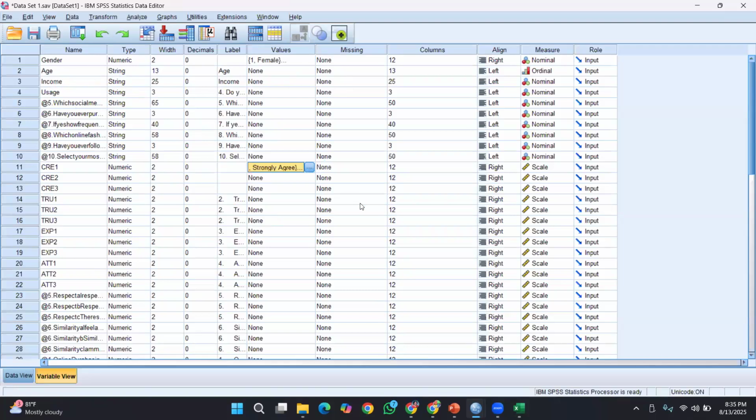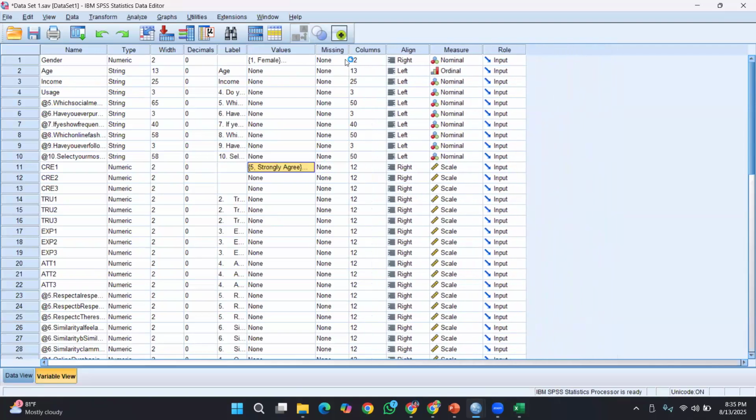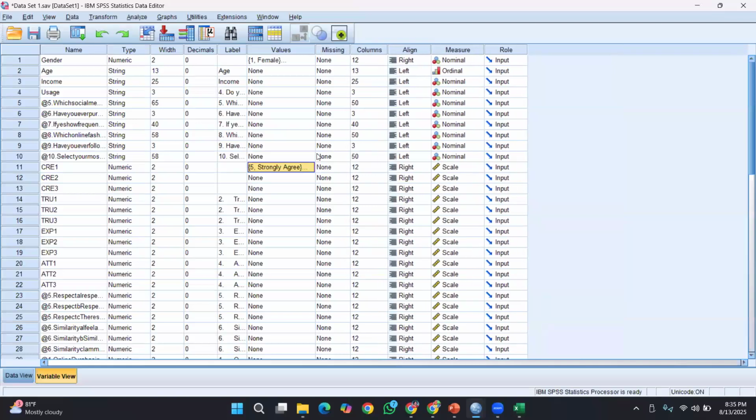Okay. Are you comfortable enough in getting the data set in the Google Sheet into the SPSS? Is it clear? Yes, I need your feedback.